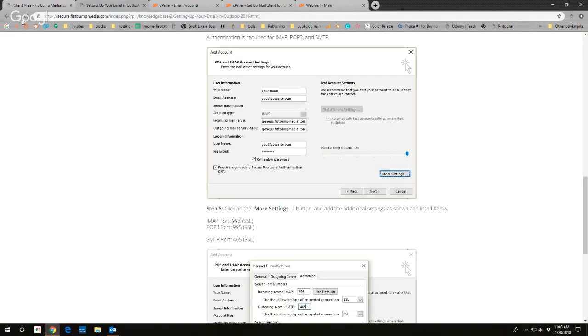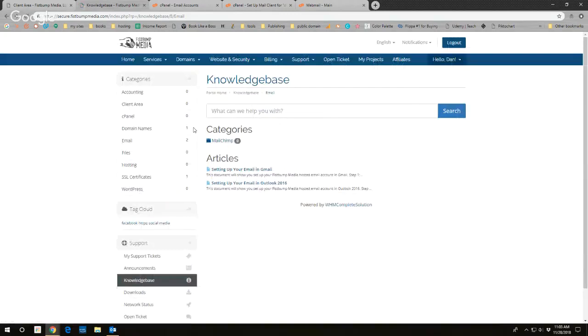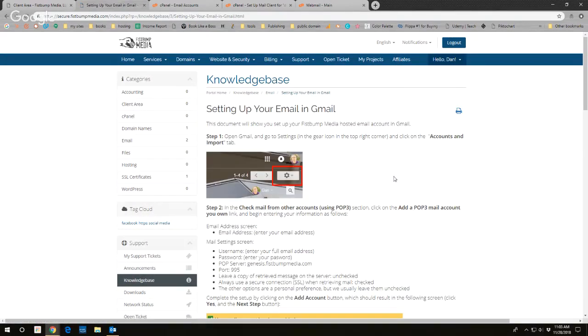Also, I'll bump back here in the knowledge base. Okay. Also, you can set up the email in another online tool like Gmail to send and receive as that account. Basically, in the knowledge base, we've got the step-by-step settings there as well. But what you do is you go to your settings from within your Gmail,